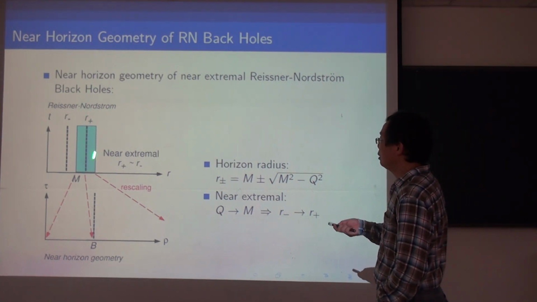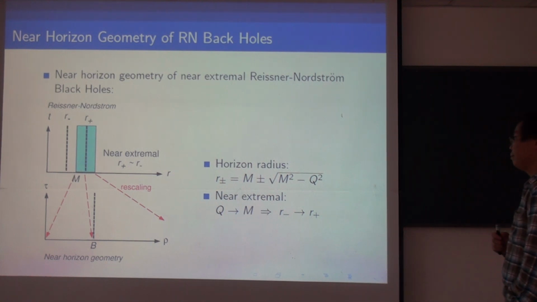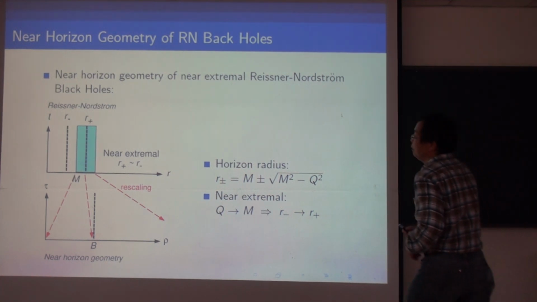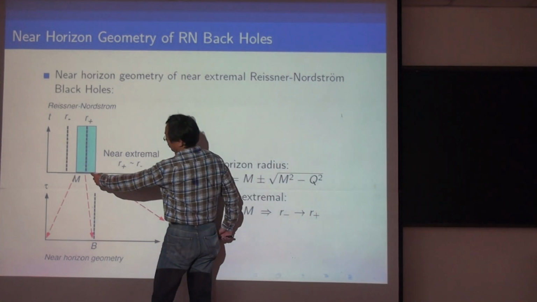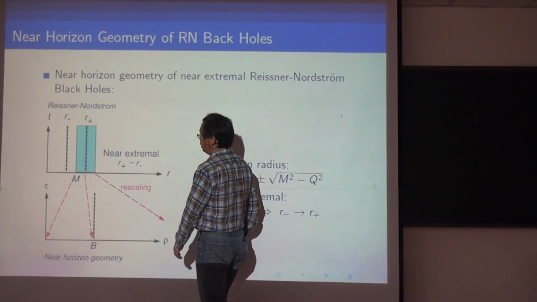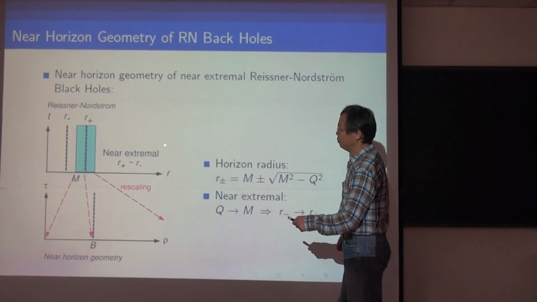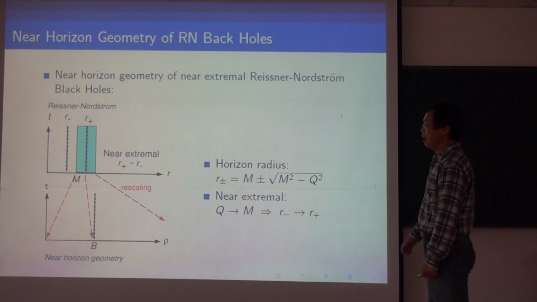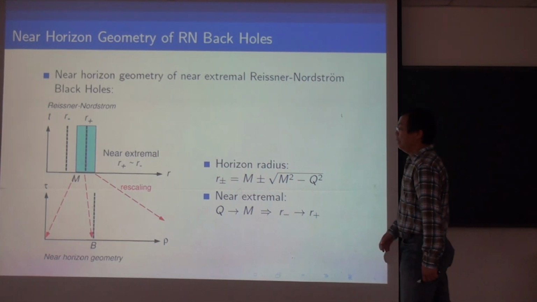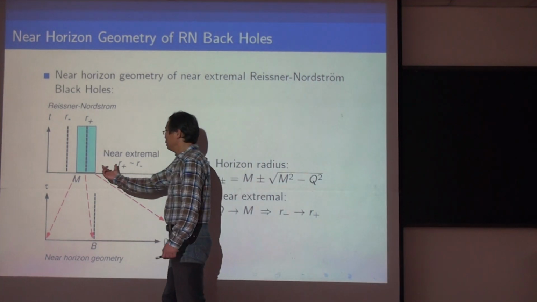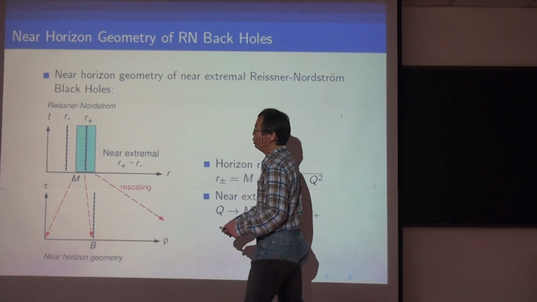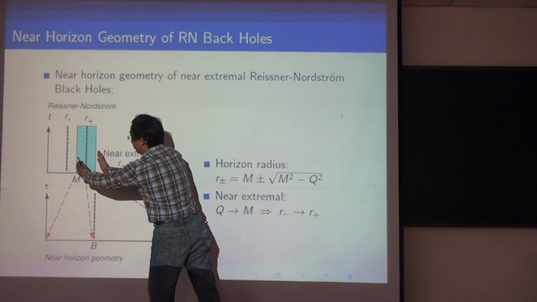We call the outer horizon and the inner horizon. And the extreme limit means the inner horizon is degenerate with the outer horizon. So R plus approaches R minus. And we will only focus on the near horizon geometry. So this means we zoom in on this small region,